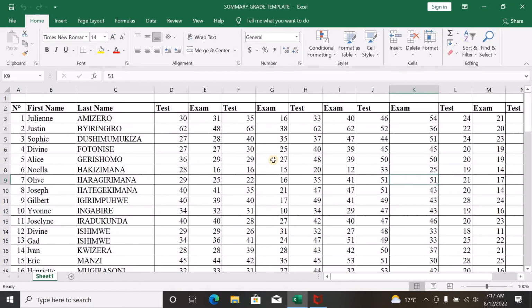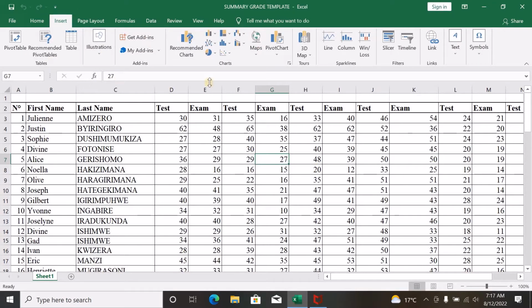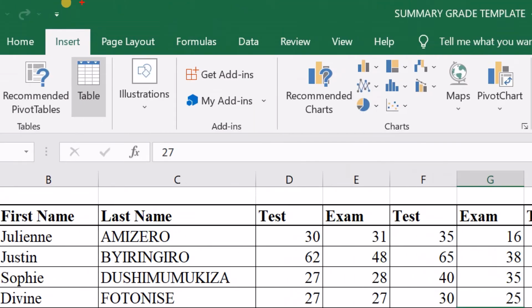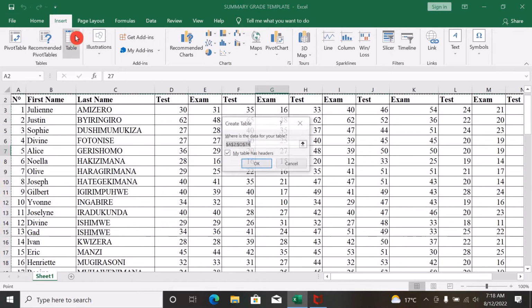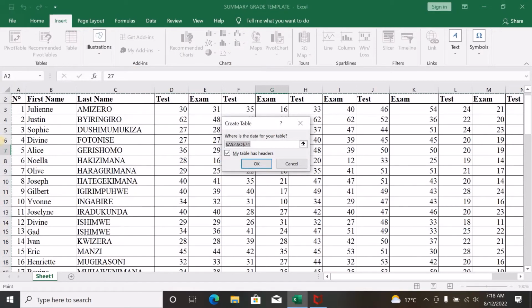Let me put my cursor anywhere in the table and go to Insert, and then Table. Within the Insert tab you can see there is Table. Let me just click on Table. Once I click on Table, you'll see exactly that